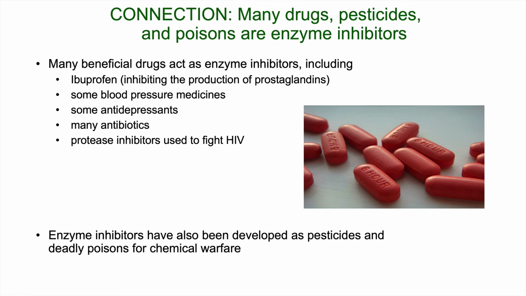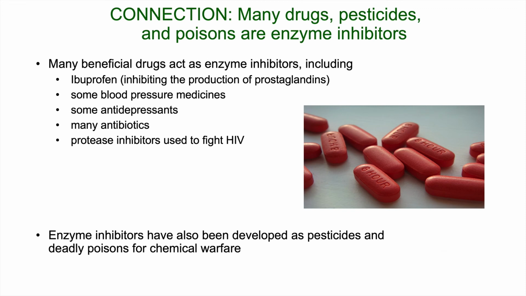to control pain, or some antidepressants. You know, there are certain chemical reactions that are producing a product that can increase your depression. HIV, the virus HIV, the disease AIDS, protease inhibitors can help slow down that disease. Many of these work as a competitive inhibitor or non-competitive inhibitor, where they bind for a period of time, and of course a big part of drug development is